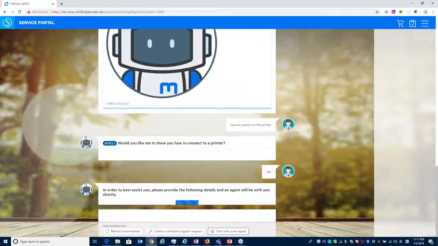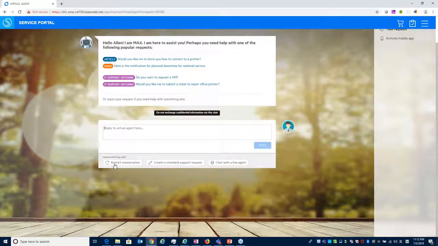So if I click the chat with the live agent, well, I connect to my demo instance from home, so maybe refresh my window. Yeah, by the way, I just clicked restart the conversation, so I click restart a new session. Let's say